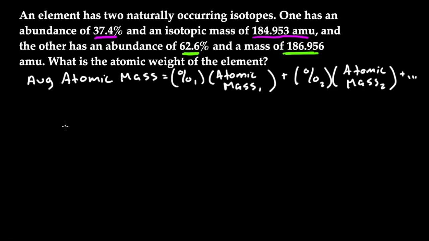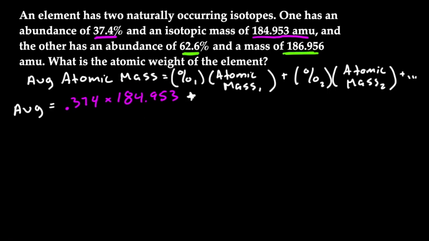And so what I'm going to do is take the average. I'll just put average here so it's a little bit shorter. It's going to be equal to the first one, and now we have a percentage here, and because we're multiplying, we want to convert this to a decimal. So we're going to divide this by 100. So this is going to be 0.374, and then we're going to multiply that by this number here, 184.953, and then we're going to add that to this next one,